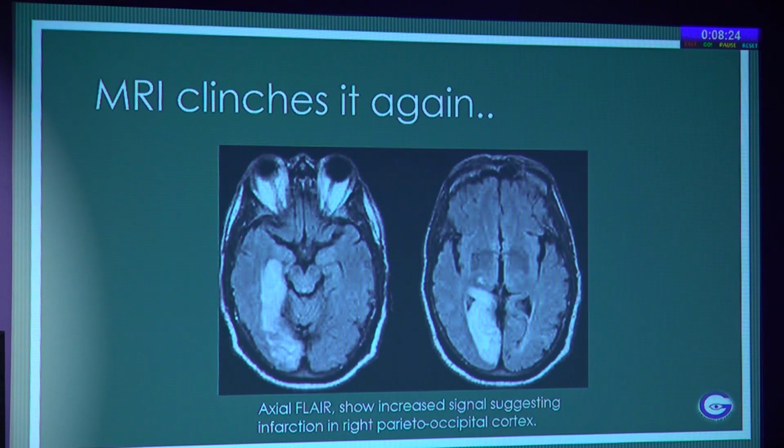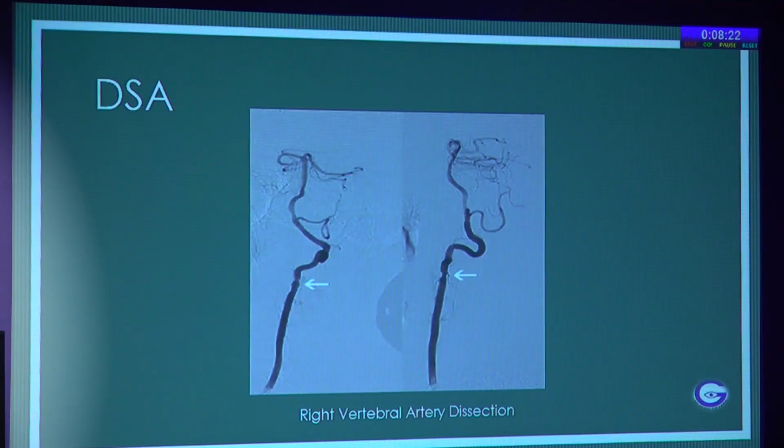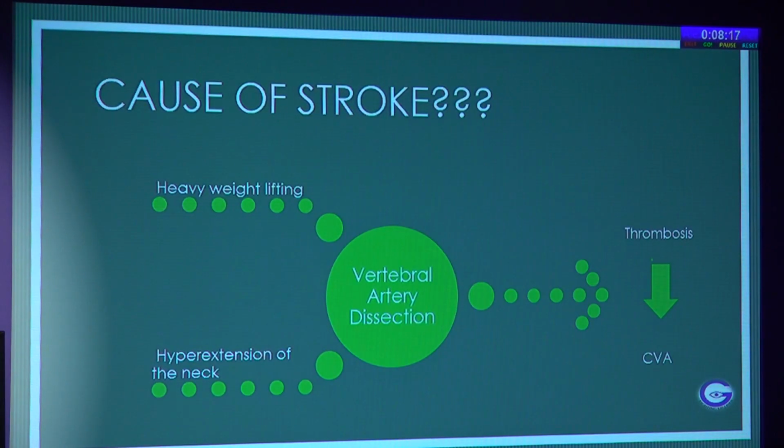So I was very curious. I sent him to the neurologist. They did a DSA, and he was having a right vertebral artery dissection. How did this happen? Again, I was curious. So then the neurologist told me probably this constant heavy lifting, and he was also keeping a lot of weights on his neck. So there was hyperextension of the neck, and this was leading to a vertebral artery dissection,